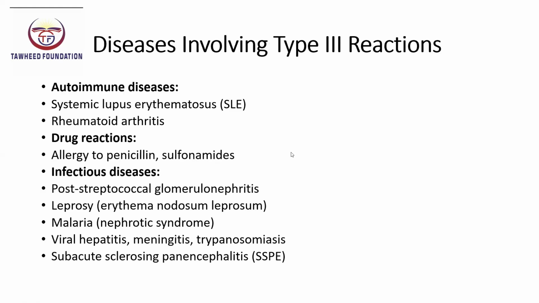Next is diseases involving type 3 reactions. Type 3 reactions are involved in a variety of diseases. Autoimmune diseases such as SLE and rheumatoid arthritis arise when the immune system forms complexes against self-antigens. Certain drug reactions like penicillin or sulfonamides can also cause immune complex formation. Additionally, infections may trigger type 3 reactions, including post-streptococcal